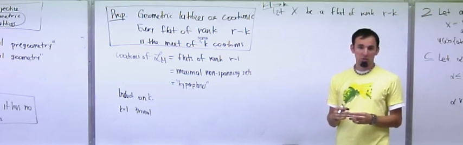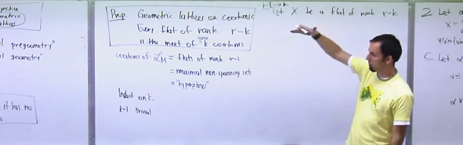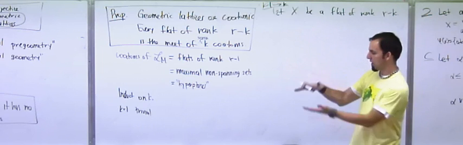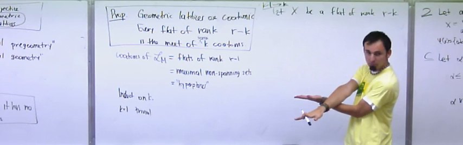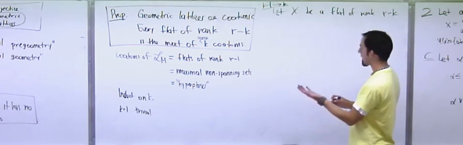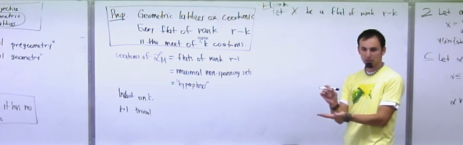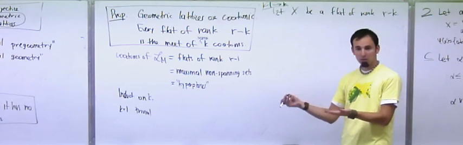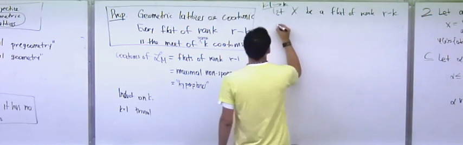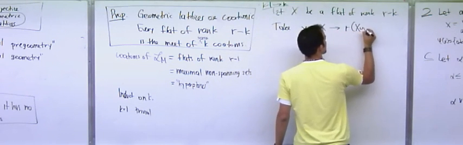If you want to use the induction hypothesis, then what you want is to go one step up. You already proved it for co-rank 1, co-rank 2, co-rank 3, up to co-rank K minus 1. Now you want to prove it for co-rank K. So what you want to do is move one step up and then apply the induction hypothesis. So if I have a flat of rank R minus K, how can I step up to the next rank? If I have a flat, I'm going to just add some random element and take closure. And that's going to bring me one step up. So if I take y, which is not in X, then the rank of X union y is the rank of X plus 1,